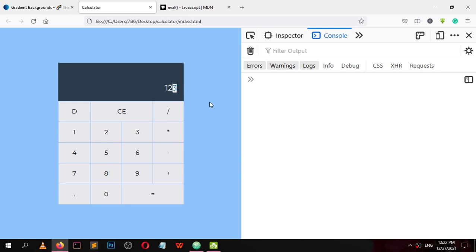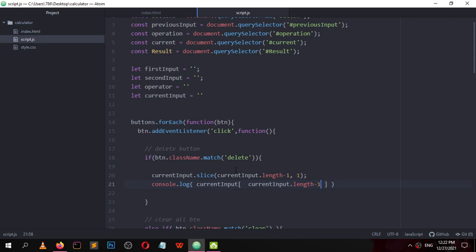It should log this 3. Now this 3 is logged out. So current input dot slice current input, okay, now change current input dot length minus 1.